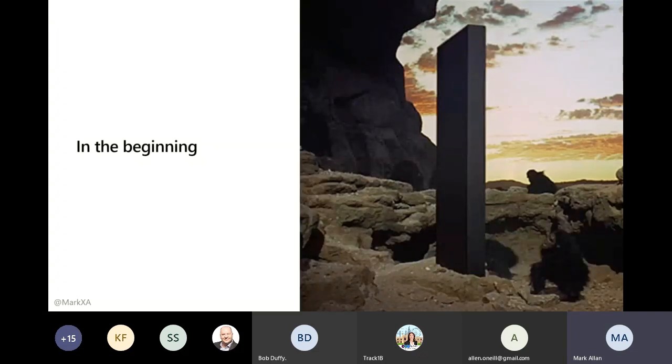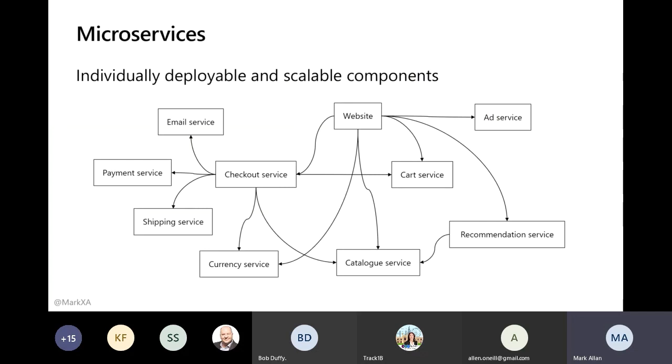So we start off in the beginning with the monolith. Essentially people would build one big lump of deployable code, and they would throw that over the wall, and it would land on the server, and it would run, and it would probably talk to a database server somewhere. If you were really lucky, there would be 3 tiers to it. That was very popular for the longest time, and plenty of people still do it, and for small and simple systems, it's still a perfectly good way of doing it.